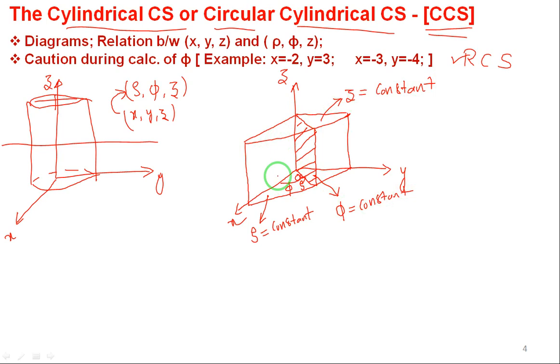If I locate any point in the cylindrical coordinates, once again it is the intersection of three planes. Here the three planes are rho equal to constant plane, phi equal to constant plane, and z equal to constant plane. And I have shown which are the planes here, right? So totally three planes are there. And the point, let me call this point P, and the coordinates of this point are rho comma phi comma z. Is it fine? Okay. This is how we are locating. I will draw only the phi equal to constant plane here, so that you will understand clearly.